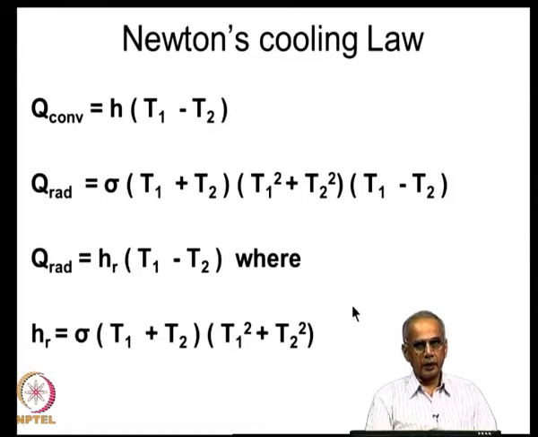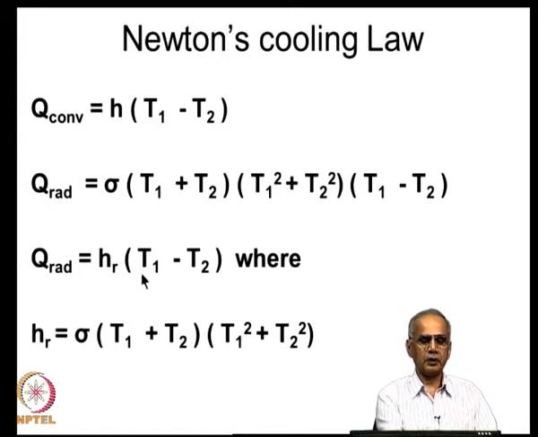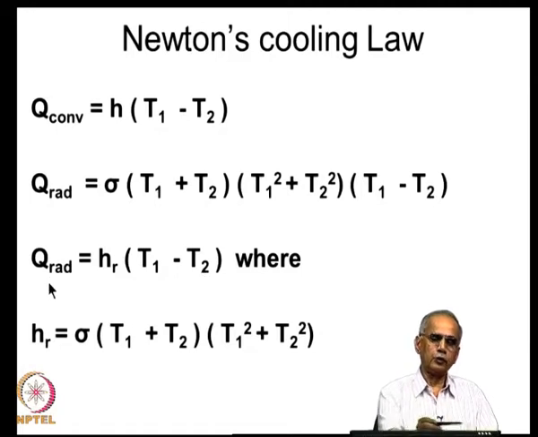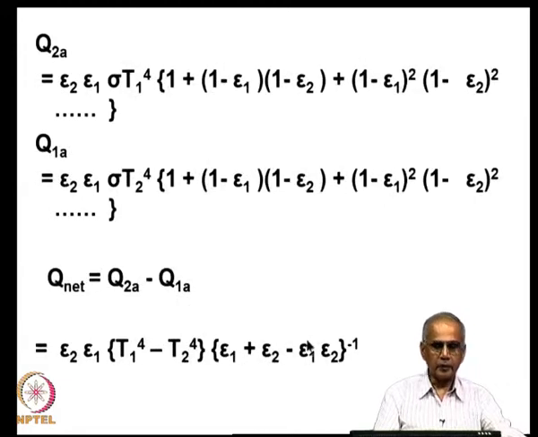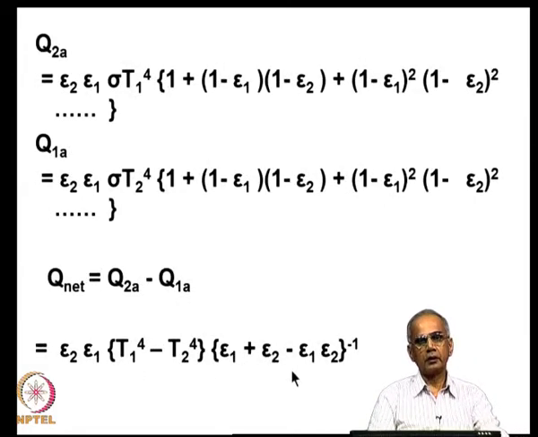But this does not happen in the case of the Dewar flask. In the Dewar flask, it is found that when delta T is higher, the Q rad is lower. So, quite clearly the expression we just now derived, assuming gray diffuse isotropic surfaces, is not quite accurate, and we need to look at an alternative derivation.